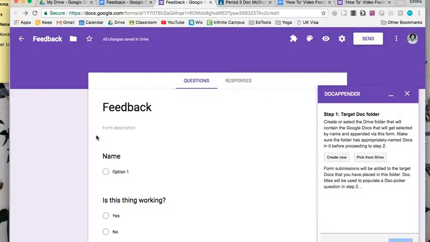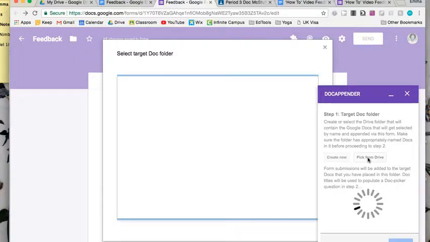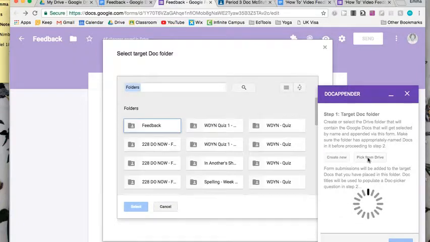Once you have DocAppender open in your sidebar, the first thing you need to do is upload all those Google Docs you just created for your assignment. So what you'll do is you'll pick it from your Drive, and because you just created the assignment, it should be the first folder in your Drive. There it is, that feedback folder. So we're going to select this,